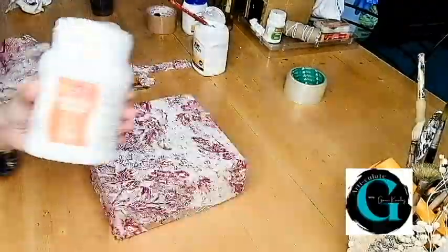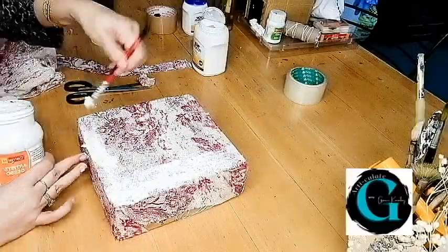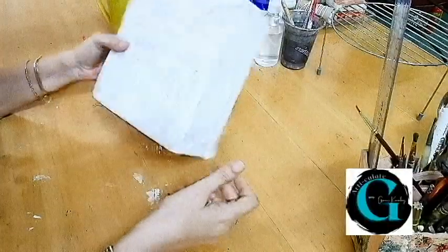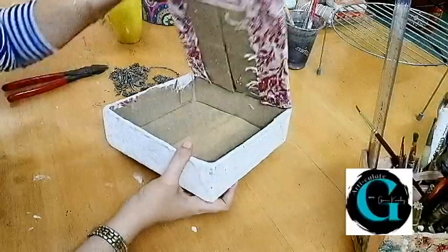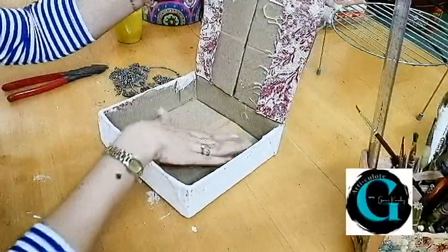Once the entire box is covered with the fabric, I let it dry. Now, to get the kind of surface that is suitable for painting, I need to cover the fabric with either texture white or a combination of Fevicol and Plaster of Paris. I'm using texture white here, and once it's dry, the surface will become perfect for any kind of color, almost